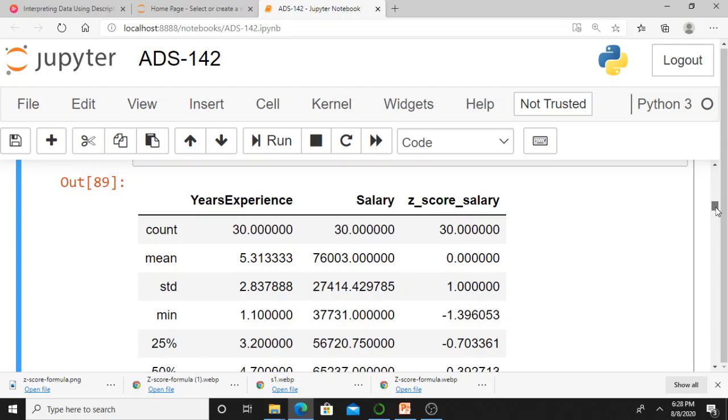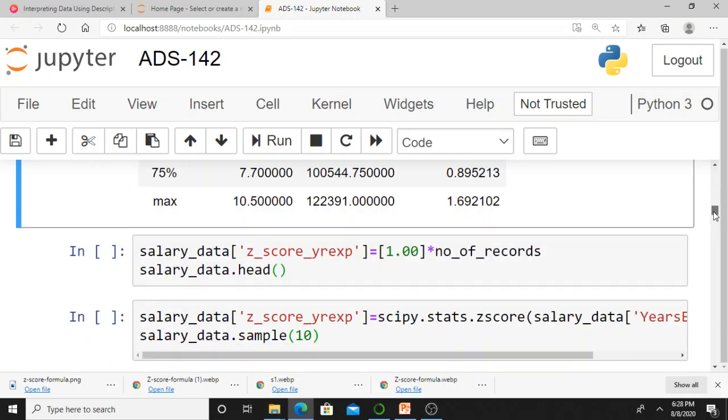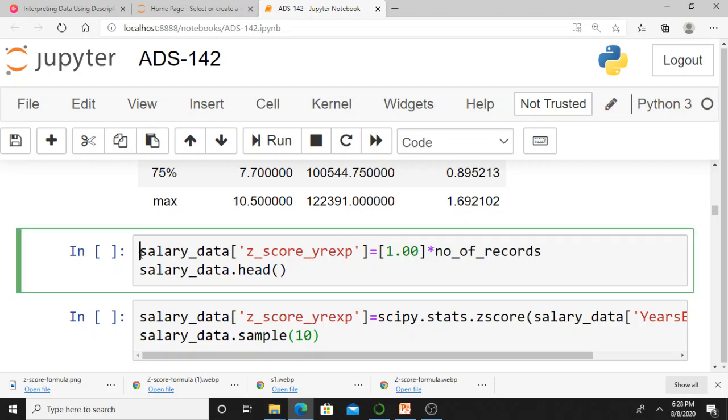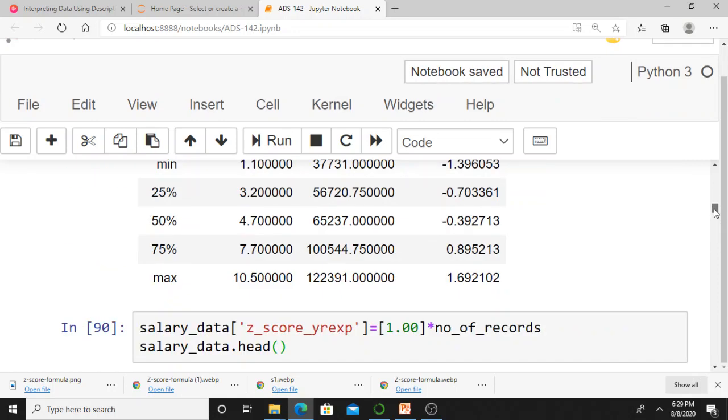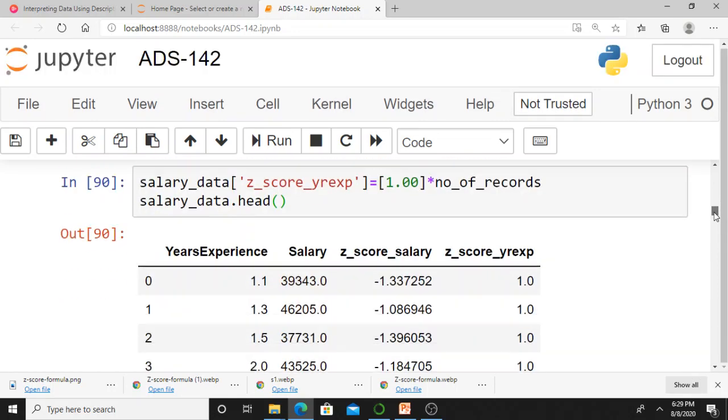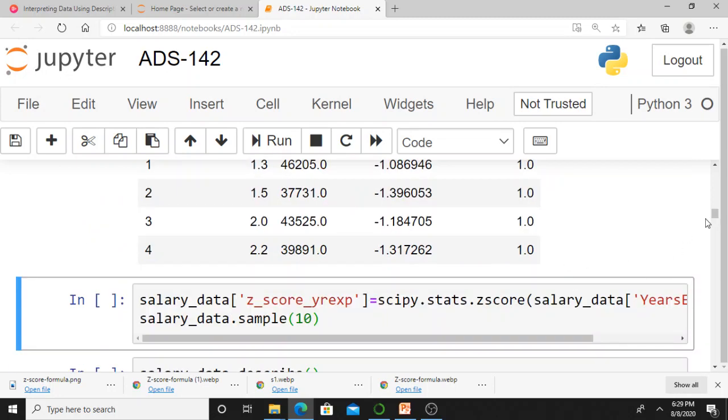Just see, there is another column in your data frame. That one also I will express in Z scores. I am introducing one more column, Z_years_of_experience. In this particular column, I will convert the years of experience column into Z scores. As usual, I am initializing with 1. Just see how your data frame looks. Head displays the first 5 rows.